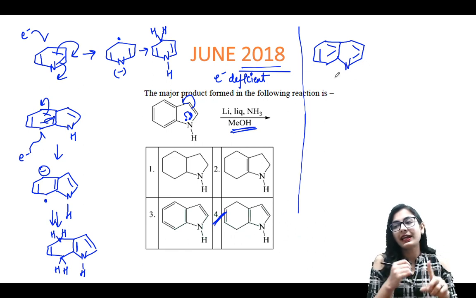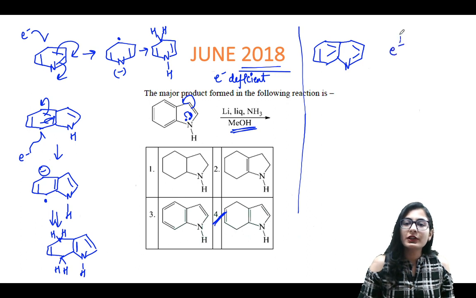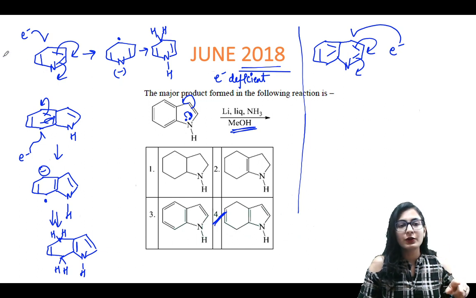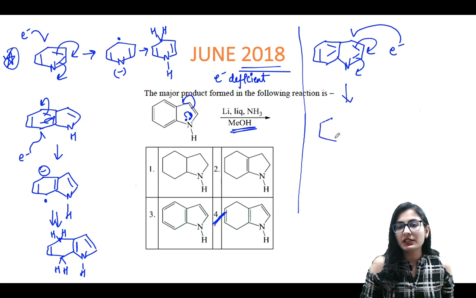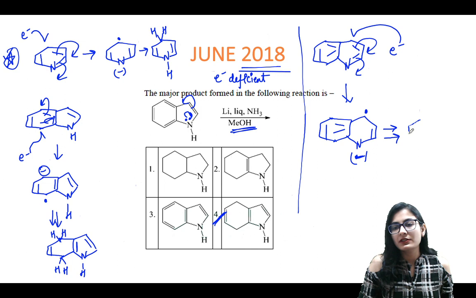So in the benzene and in the pyridine ring, if you select, definitely the pyridine ring is more electron deficient. So the electron is going to be transferred right over here, and this is how it is going to be. That's why I showed you the pyridine ring first. Okay, so now the reduction is going to happen this way. This is going to be our diradical. Okay, let's say this is a negative charge over here and this is our radical over here. Okay, this is going to be the diradical, and finally after all of these steps you are going to get this kind of reduction in quinoline.